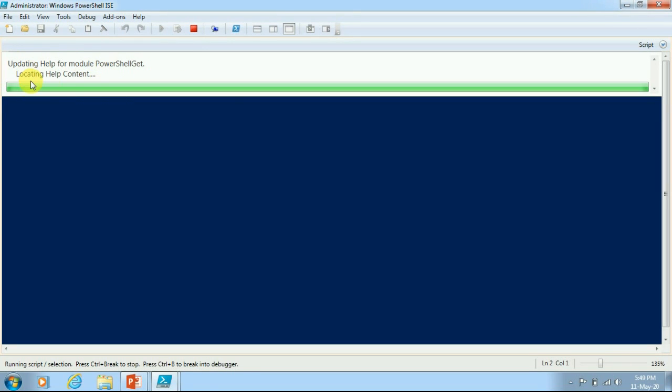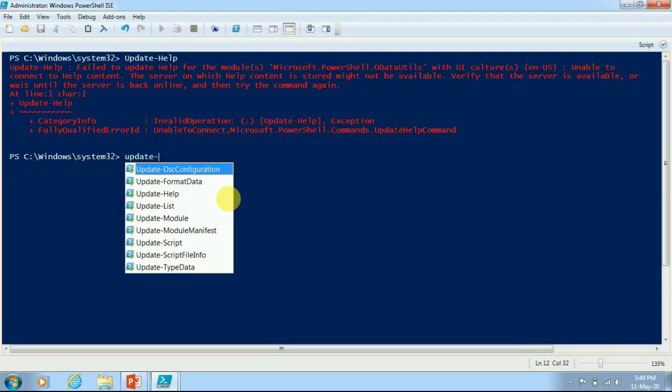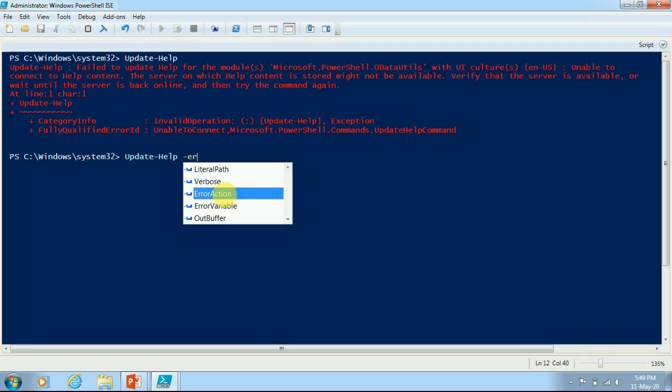Now you can see here, as I told you, wherever that UI culture is not available, in that case you will get some error. That is an expected error, but we can suppress this error. How can we suppress this error? We have to use Update-Help with one parameter called ErrorAction.